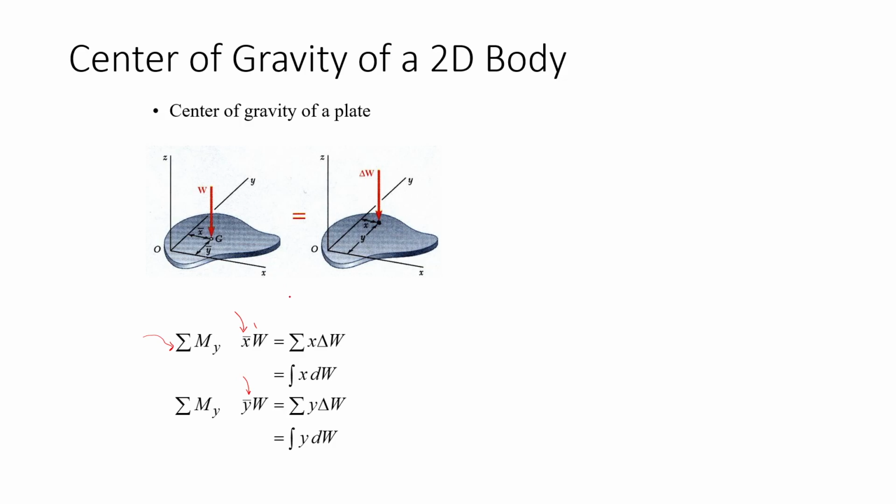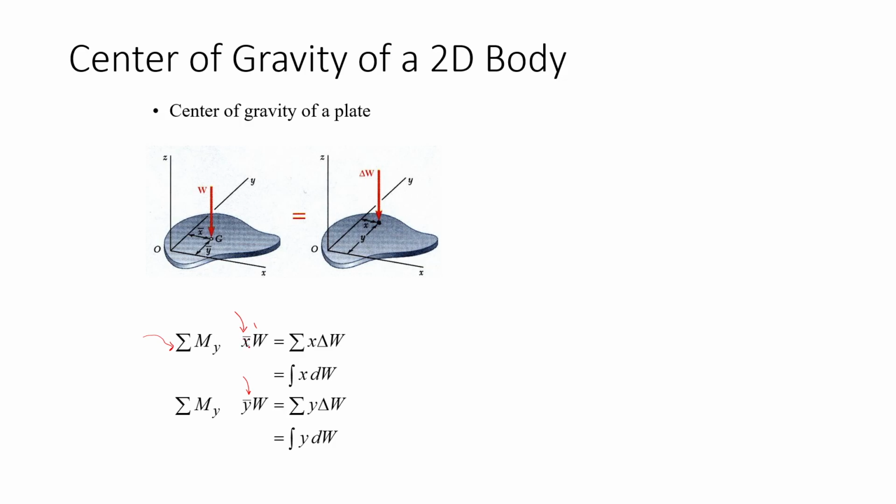Okay, and then W is the force. Since this is in the concept of center of gravity, and gravity is another force, but it's just a constant force because it's gravity, usually this one is weight, that's why it's W. So if we're going to define further the formula, so bar x meaning the location of the centroid with respect